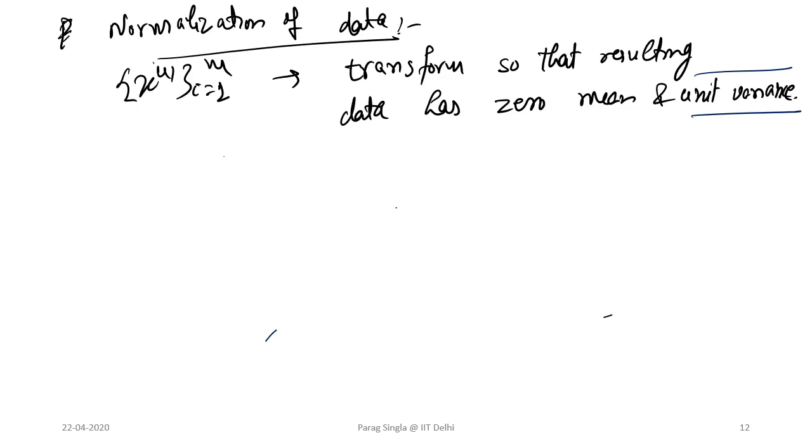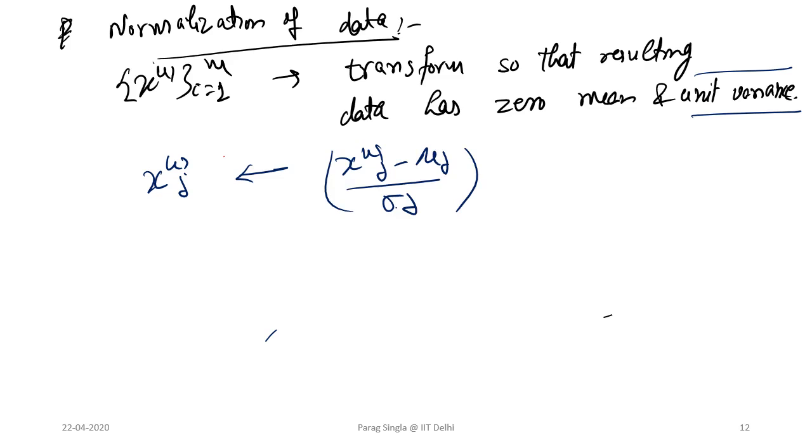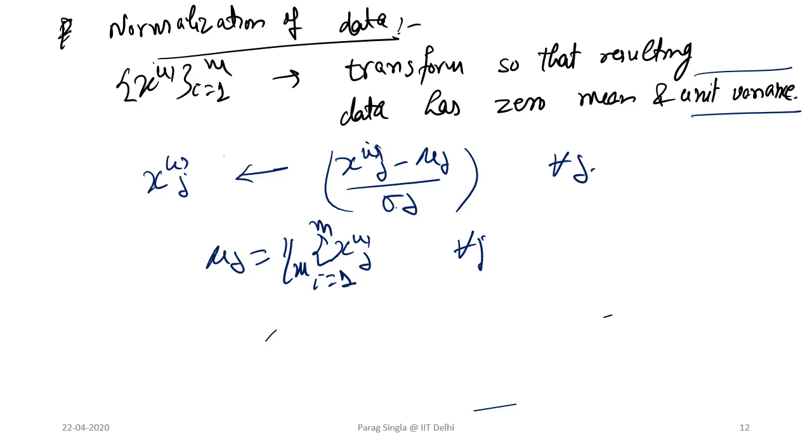But what is the transformation? The transformation is simply that each x_ij now goes to (x_ij minus mu_j) over sigma_j. The numerator makes it zero mean, and dividing by sigma_j makes it unit variance, where mu_j is simply the mean of the jth component, and this is for all j, and also for all i. The resulting data that we get now will have